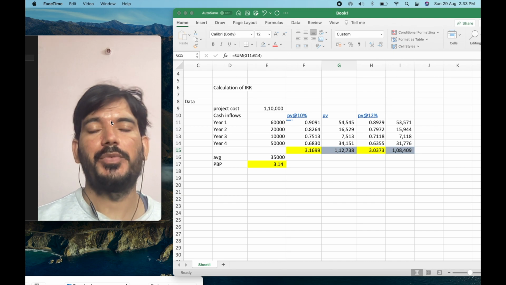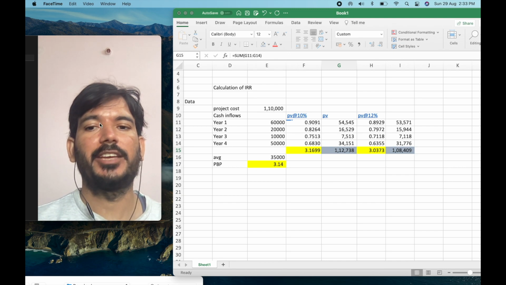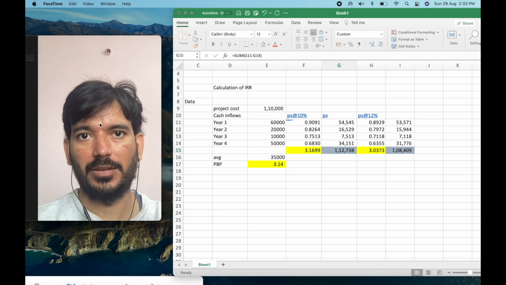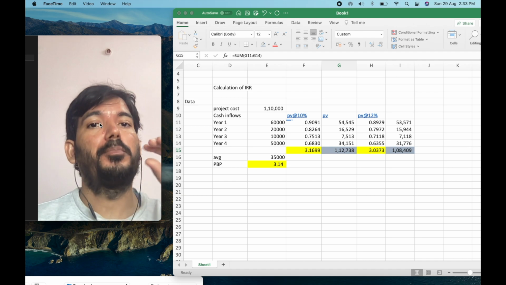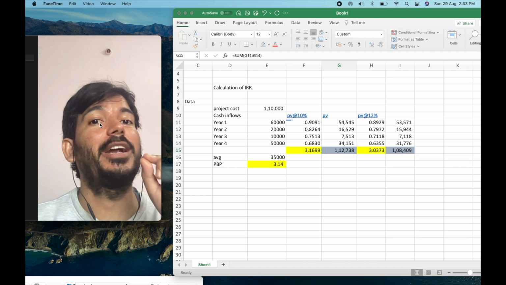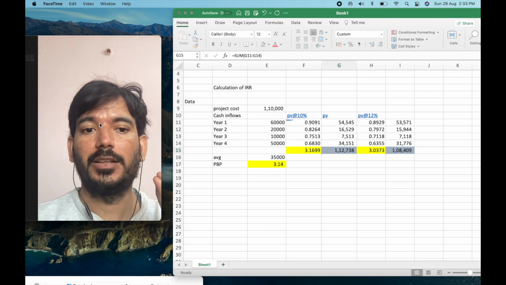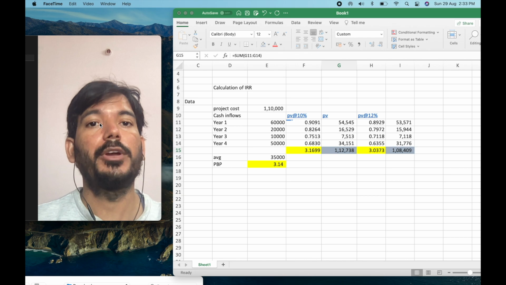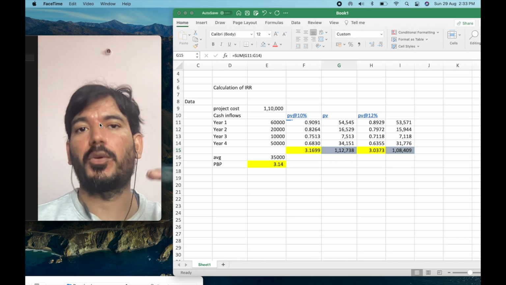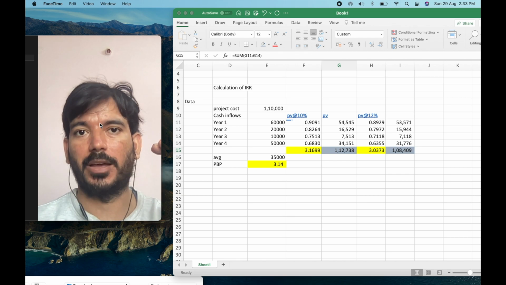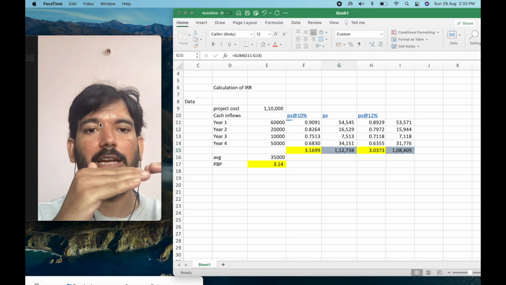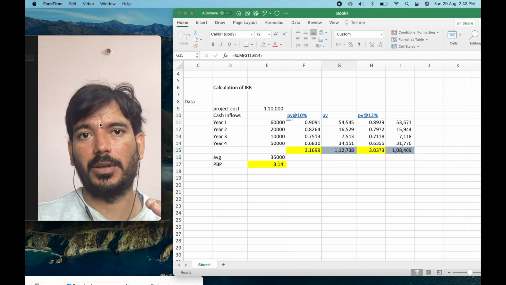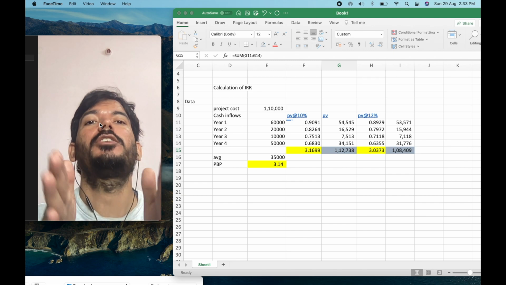So now understand, when we are discounting at 10%, it is giving us 1,12,738, which is more than what we required. We wanted to bring all our future cash flows into 1,10,000. But here, when we are discounting at 10%, that is coming more than what we want. Again, when we are going to 12%, it is giving lesser than what we want. We needed 1,10,000 as a benchmark. Discounting at 10% gives me a higher number, and discounting at 12% gives you a lower number. So our IRR lies between these two rates.